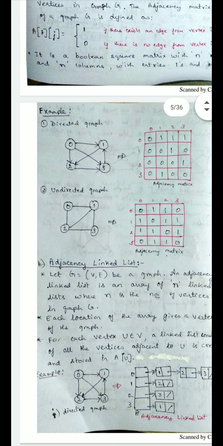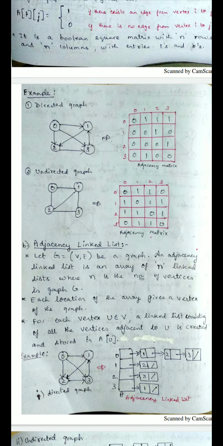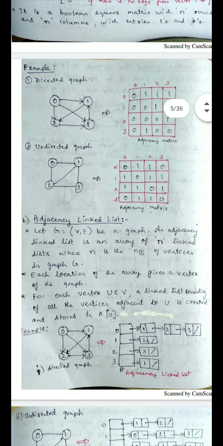Next, the adjacency list, or linked list. How is it represented here? The array has N lists, one for each vertex. Each location gives the linked list you have. So it is stored in the form of an array. See the directed graph represented here. The array has 4 nodes. Here 0 is connected to what? 1, hence you store a linked list value 1. Next, 1 is connected to 2, so you link the value 2. Next, 2 is connected to 3, which is linked with 3. And the last value is null.